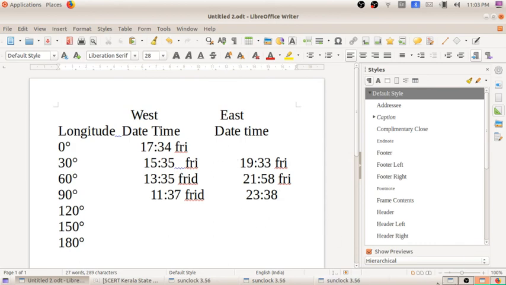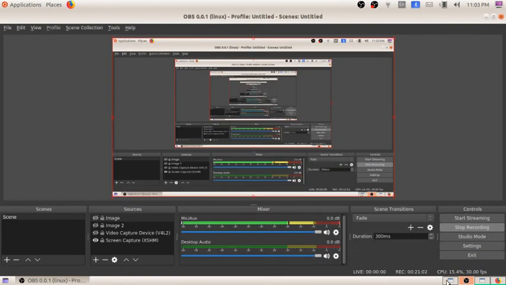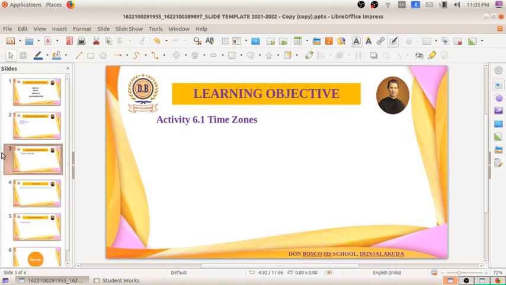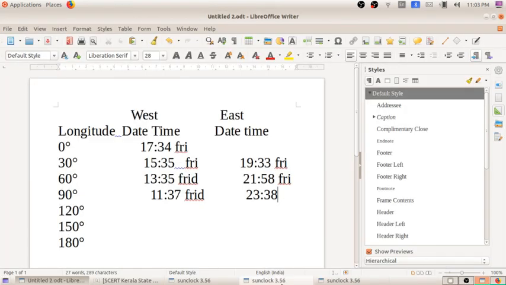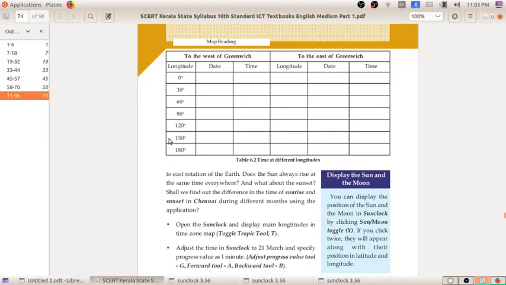Okay, I hope it is clear to all of you. So this much we will discuss in this session. In this way you can fill out all the other meridians. Here you can see the time for 120, 150 and 180.